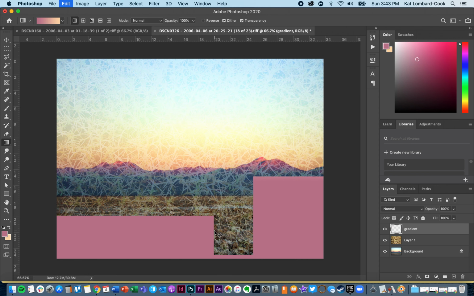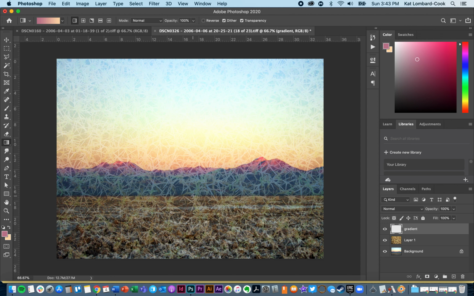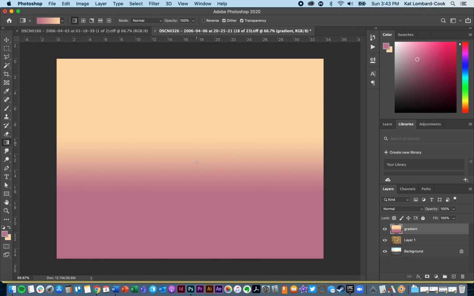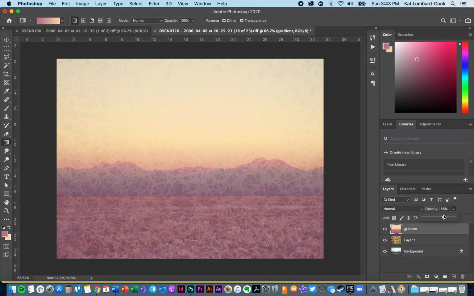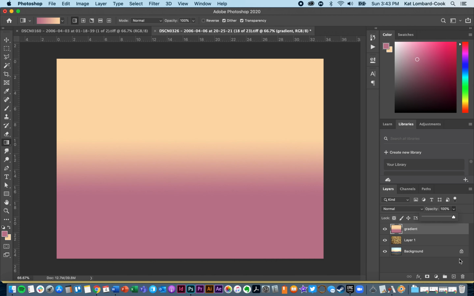And that's a little bit too harsh. I want it to be a little subtler. So maybe I'm going to go from the bottom of the mountain up to where, I guess, here. Okay, I like that a little bit better. Now, this gradient is now over everything. And again, I can use the opacity, but I'm not getting